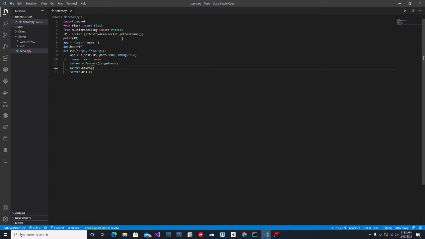So, the def run function, what I did was call app.run, and I gave it the host IP of whatever the user IP is, which it will print the IP, and then I said port 5000, and gave it a debug value of true, right? And then right here we say server.start and server.kill. Server.kill is going to kill the process that's currently running, which is the most important. So since we have the function all set up, because it will work, a good example of that is,